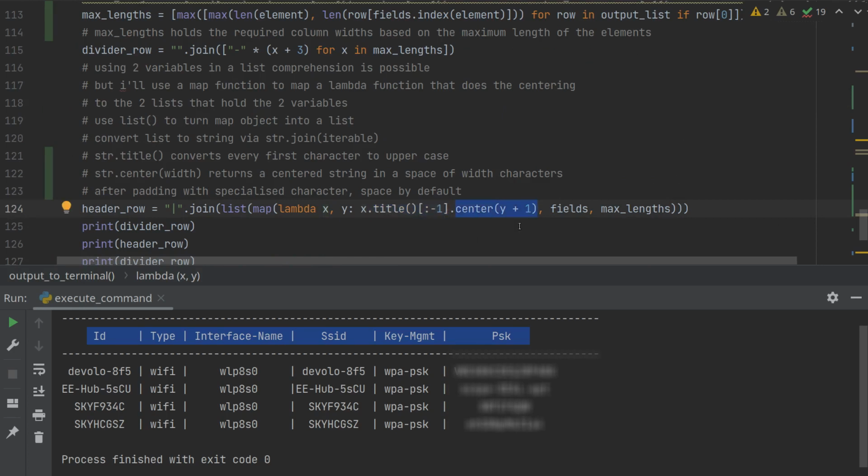The next thing to do is then to make sure that the text is centered in the column. So I need to center it over a certain width, and the width I'm going to be using is the max length, so the column width, but I'm going to add one just to have a little bit of space. So that lambda function is mapped to those two iterables. Okay, that gives me a map object. I want to convert that into a list. So I apply the list function, and once it's a list, I can convert it all into one big string